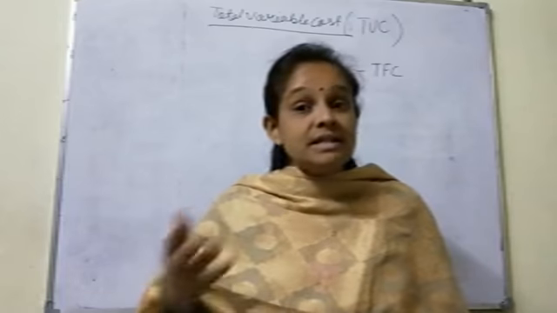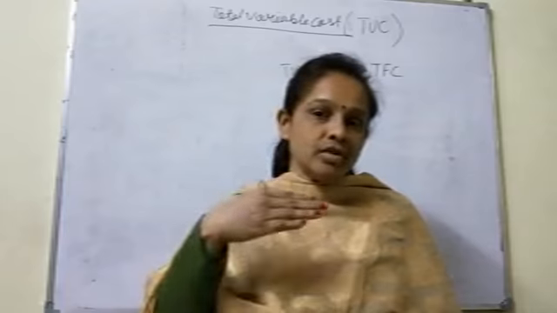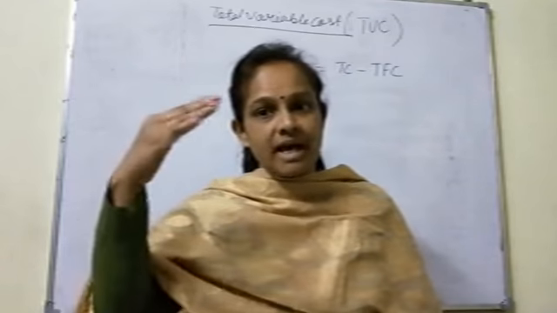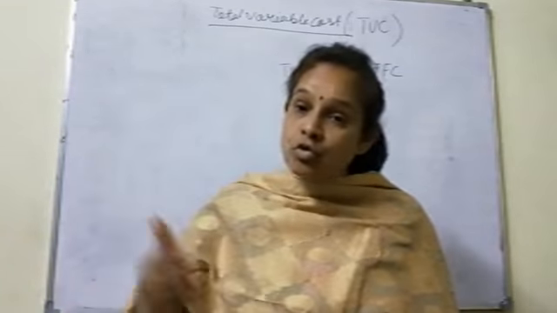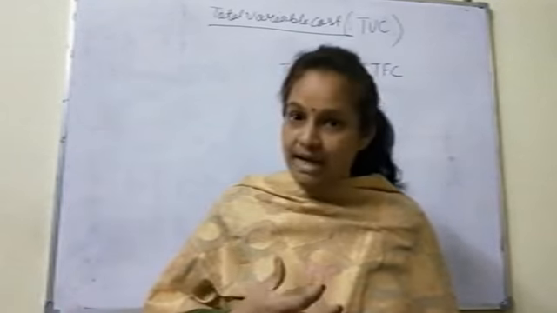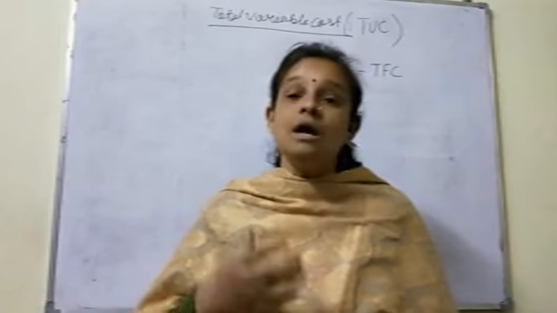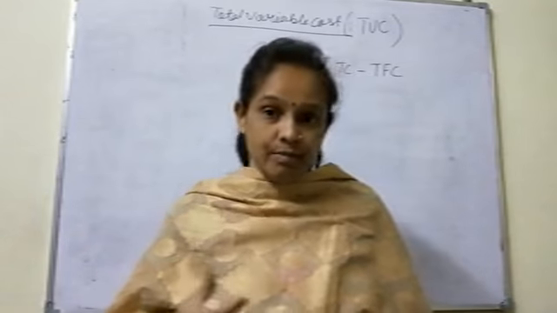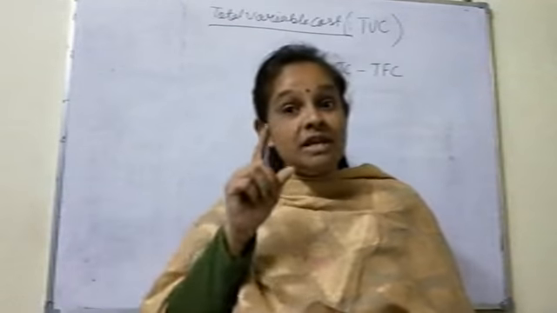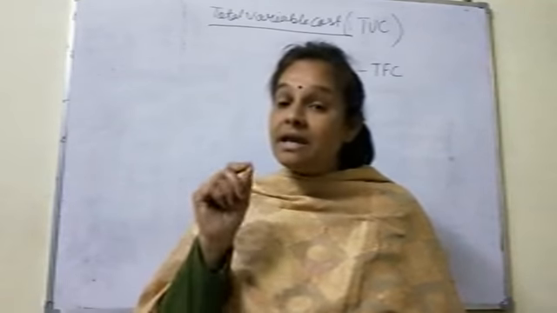But how does TVC change? TVC will increase, no doubt it will increase as the level of output increases, क्योंकि वो लेबर को बढ़ाता जाएगा. पर जैसे वो लेबर को शुरुआत में बढ़ाएगा तो हमने पढ़ा था कि प्रोड्यूसर को ज्यादा आउटपुट मिलेगा. क्यों ज्यादा आउटपुट मिलेगा? Because of the better utilization of the fixed factor, because of the application of the division of labor. तो जब प्रोडक्ट ज्यादा बढ़ेगी और कॉस्ट कम रहेगा, so initially total variable cost will increase but in